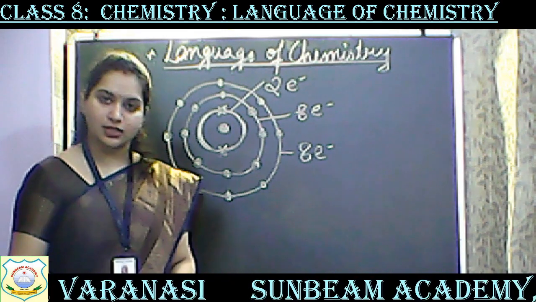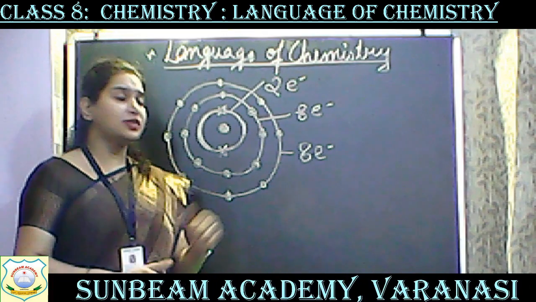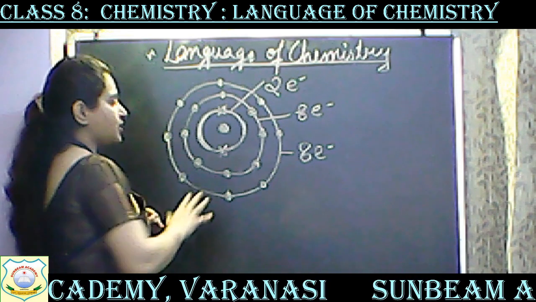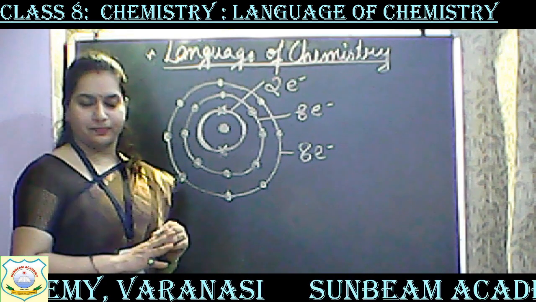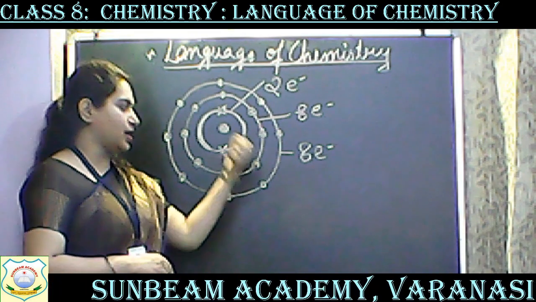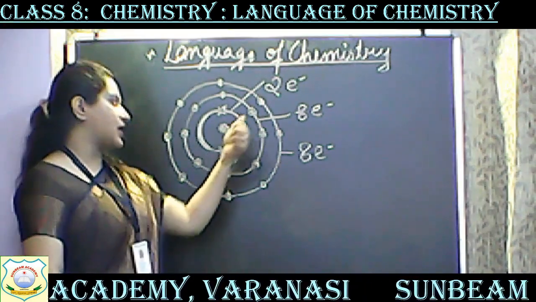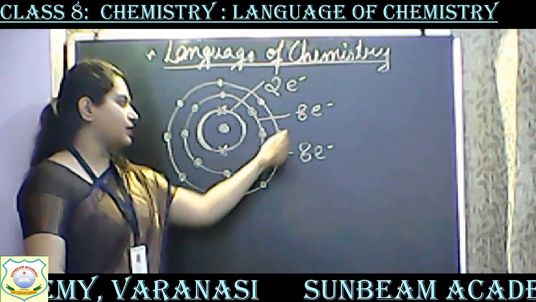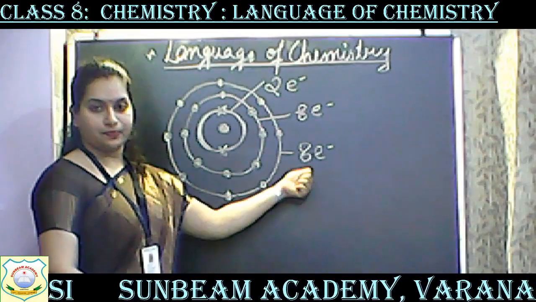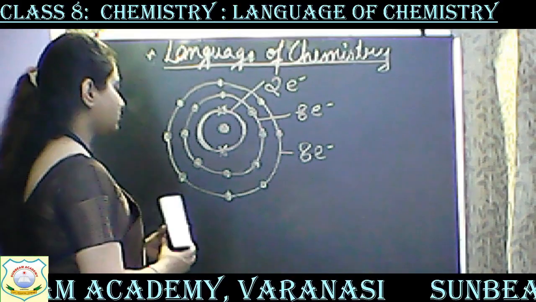Clear with this? I hope it is clear. Okay. Now this arrangement, acha, coming to it later. So I hope this is clear to everybody. Children, if you want, you can note it down in your rough notebook. You can draw a shell like this. So the inner will have a maximum of 2 electrons. This second will have a maximum of 8 electrons, and this will have a maximum of 8 electrons. Got it? Okay.